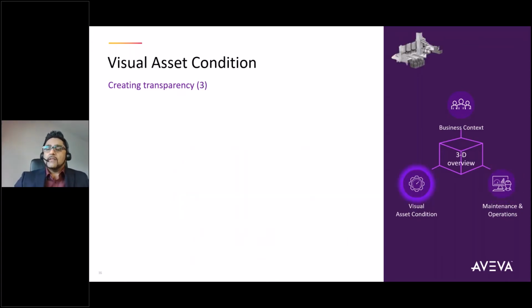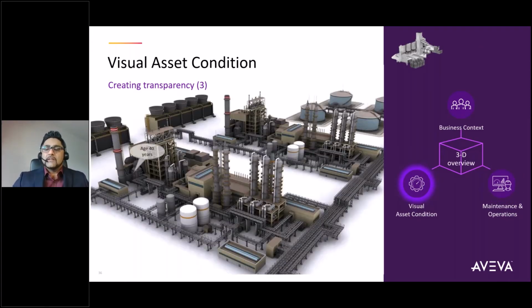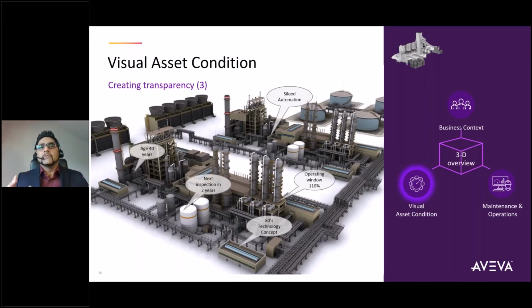So, and then thirdly, we look at visual asset condition. And I'm just going to make this very nice and simple. Depending on the age of the asset will determine what is the best strategy. Okay, young facility, old facility, two very, very different approaches. Okay, so visual asset condition, how you do housekeeping, what is the life of the age at the moment of the asset, what are the other aspects that we need to take into consideration, like CAPEX, OPEX, costing, budgets, financials. We'll take it all into consideration, look at the visual asset condition as a whole,